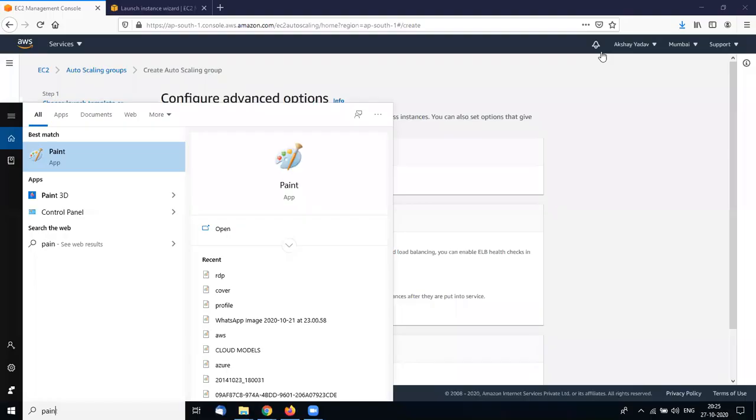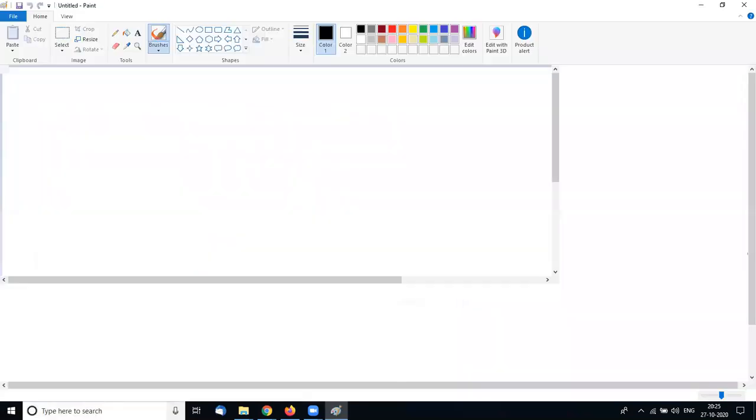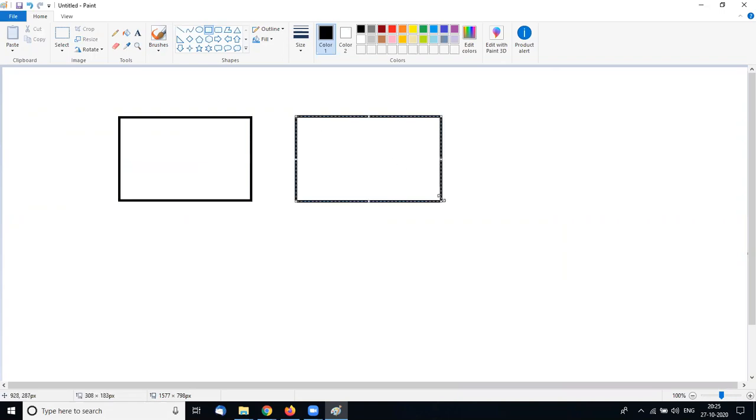Yes, I'm explaining with my paint. If you have three subnets in some availability zones, you have six availability zones, you have six subnets, you have three availability zones in your Mumbai region. So if you want to launch three machines, this is availability zone 1A, and this is availability zone 1B, and this is availability zone 1C.